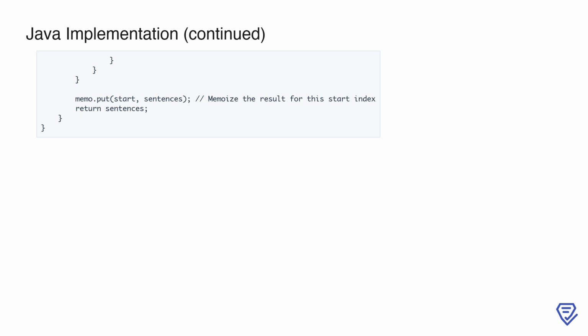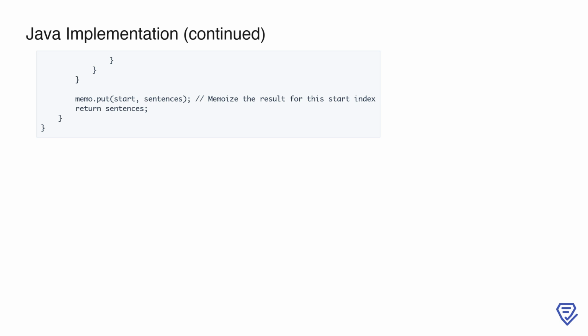Once all valid combinations for the current start index are explored, we store the resulting list of sentences in the memo map to avoid recomputation in future calls. Finally, we return the sentences list, which contains all valid sentence combinations that can be formed starting from this index. This approach ensures that we efficiently explore all possibilities while leveraging memoization to reduce redundant computations, making the solution both